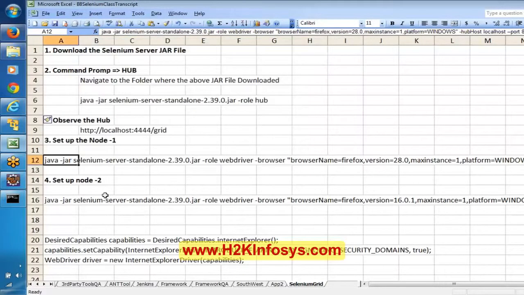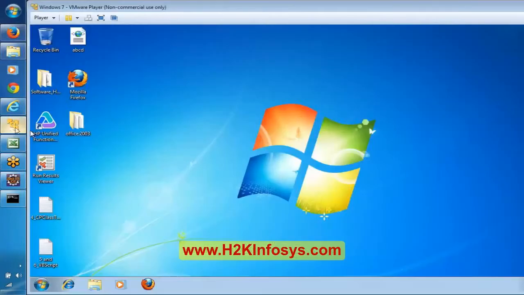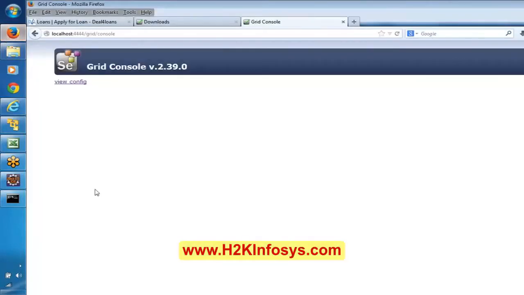Say I have created a hub. Now we have two machines. One is our local machine, the machine where we have opened Excel. The other machine is this, a virtual machine. So now we have two machines. It means we have a router, and for that router we want to connect from two different machines. I mean, to the hub.